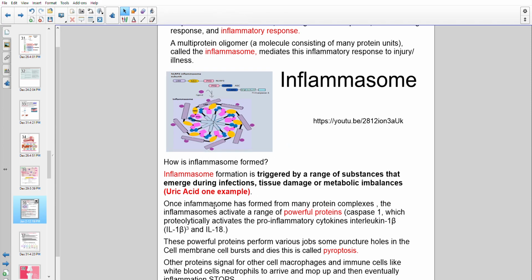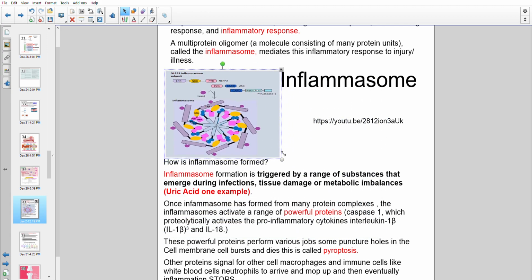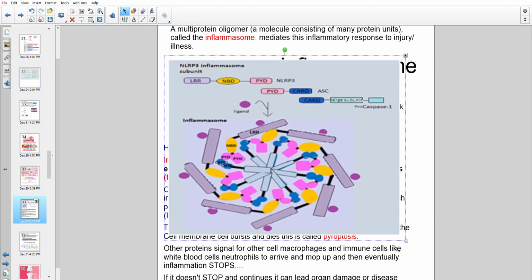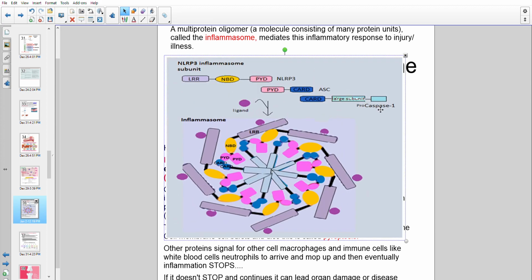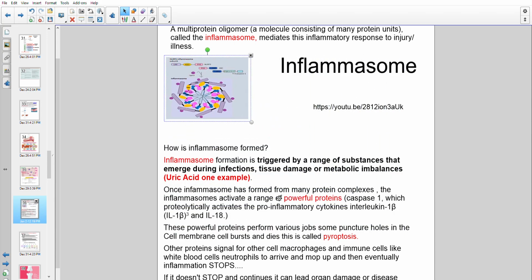Now, once the inflammasome has formed from many protein complexes, the many protein complexes are all these different ones up here. So that's what I've written there. And then it begins its job. Well, the inflammasome activates a range of powerful proteins, caspase 1, and here it is up here. See there? Pro-caspase 1 and so then caspase 1, which also bursts open, right? And it releases what we call